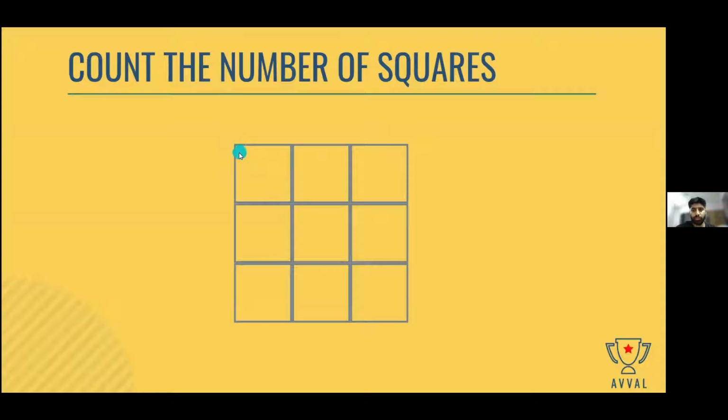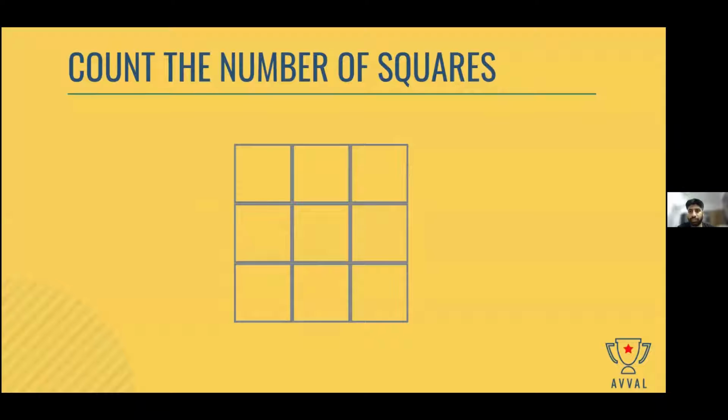Now let's count the number of 2 by 2 squares, because there are 2 by 2 squares as well. So this is 1 and this is 2. I can see 1, this is 1 2 by 2 square, then this is the second one. And if I take the bottom two sides, I get one more square here. And then if I take these two bottom two sides, I get one more square. So if I count the number of 2 by 2 squares, there are 4 2 by 2 squares. Does everyone agree with me? Okay, so 9 1 by 1 squares and 4 2 by 2 squares.